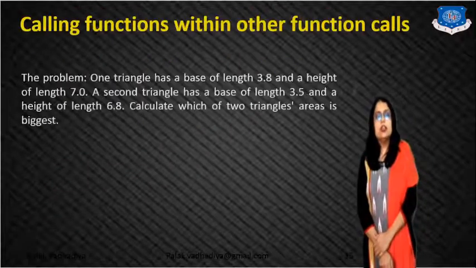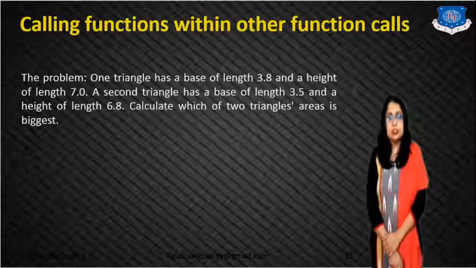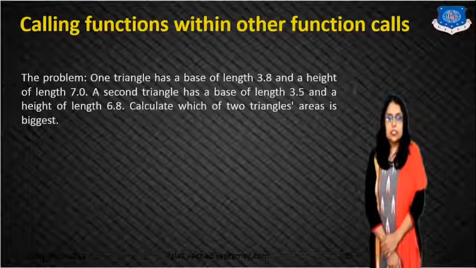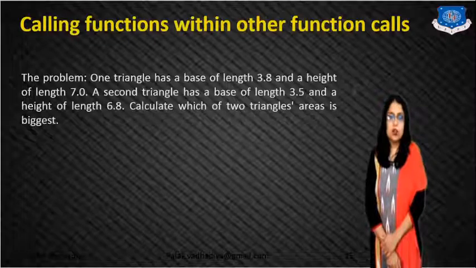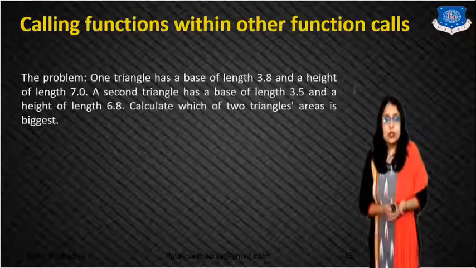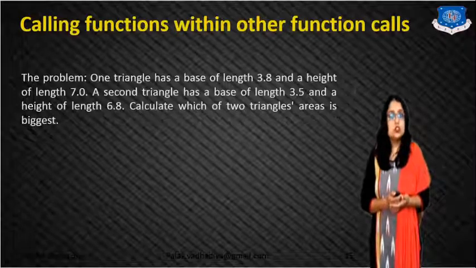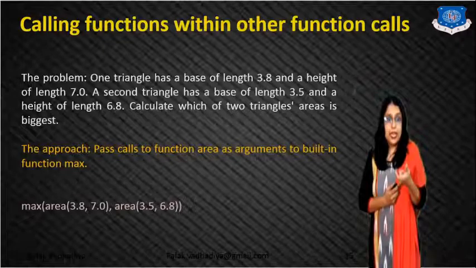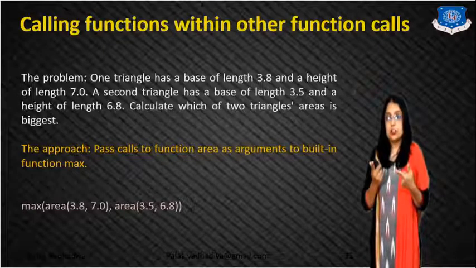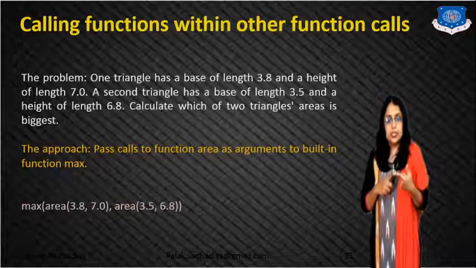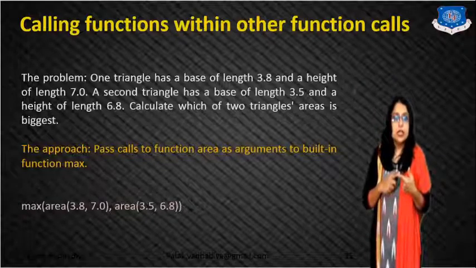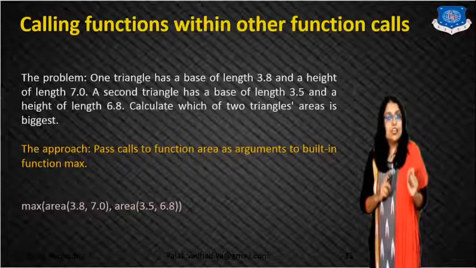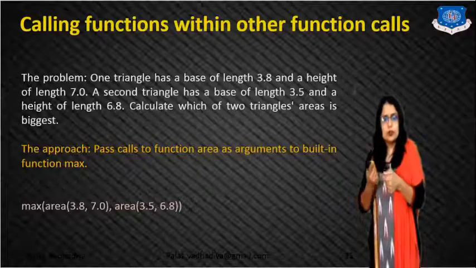Next, here also if we have two triangles with some length and height. The length is 3.8 and the height is 7. The second triangle has length 3.5 and height 6.8. And I want to find out the maximum area. So what I will do is write one statement, that is max area. Area is an inbuilt function to calculate the area based on the length as well as the height. And max is also an inbuilt function. If I write max 12, 9, it will give me the